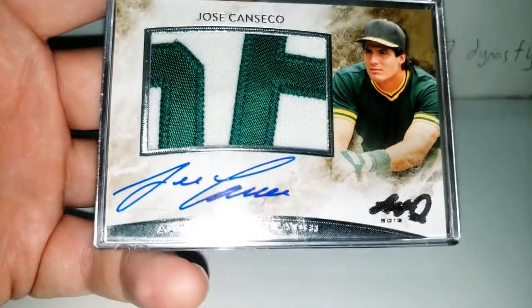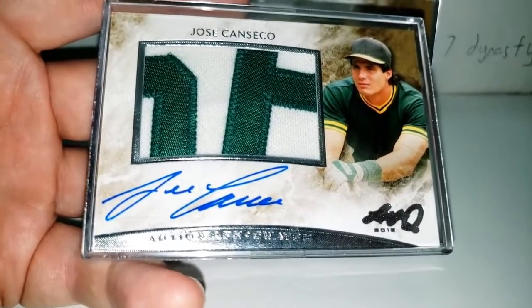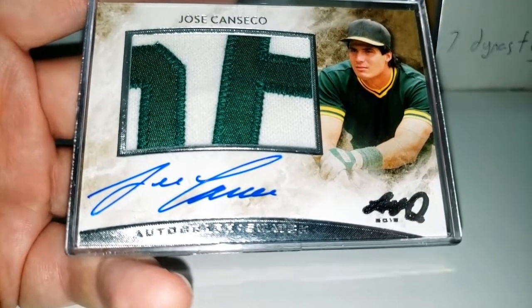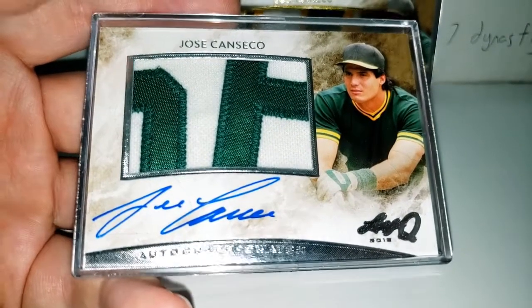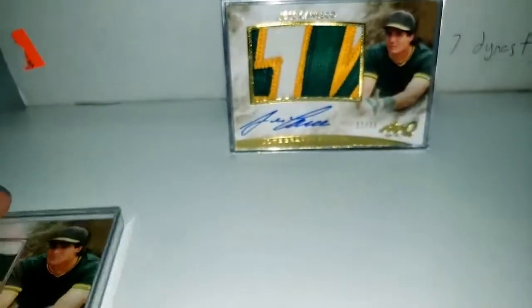This is unnumbered, but I think they're probably 50 or whatever, but it's not just nameplate. Like this could have held its own as like a number out of 10 or something, because it's part of the nameplate, but there are other regular patches or just solid patches or whatever. I kept this one because of the multi letters that they used. Next up,